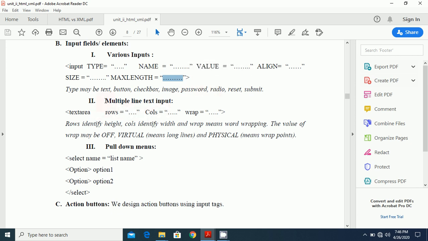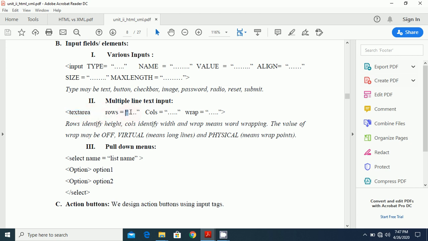Next tag is the text area. Text area is basically used when we want to write a paragraph-like statement in the form. Here you can use the text area, like if you want the address of any person, or you want to take the declaration of any person, then you can use the text area, that is the multi-line text.